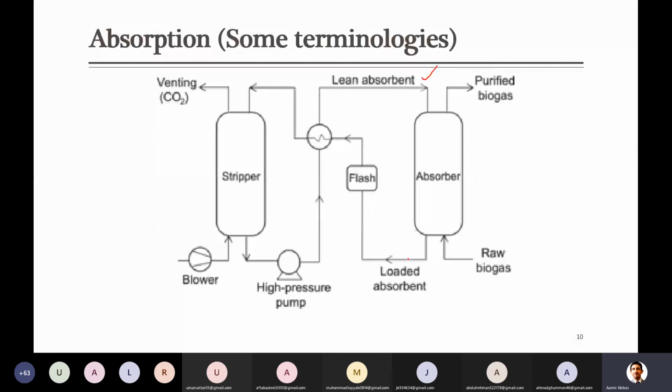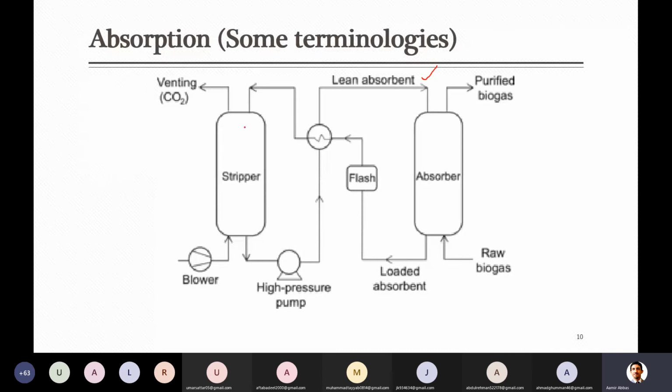comes to the bottom. Now, that liquid, we said it is better to regenerate and recycle so that it can be regenerated. In order to regenerate it, we will take it to the stripper column. I will let you know what these things in between are. But just before that, look here, it comes to the stripper, and the purpose of a stripper is to remove some of the components from the liquid stream with the help of some gas.